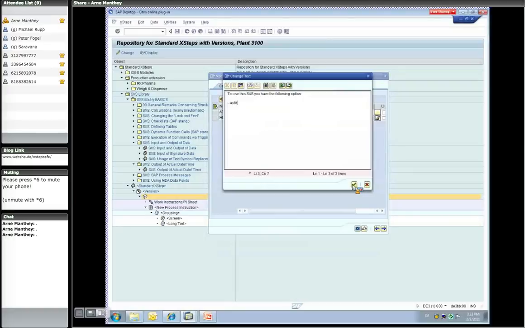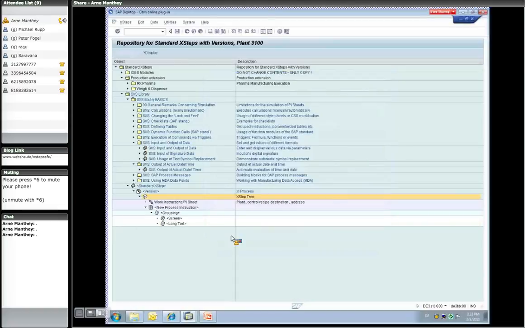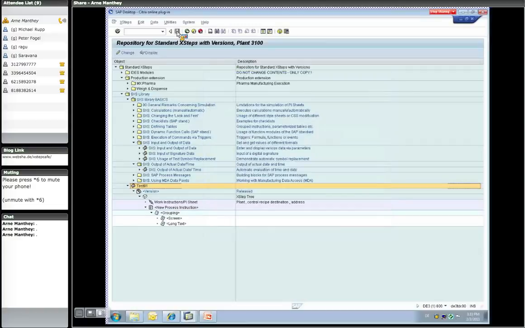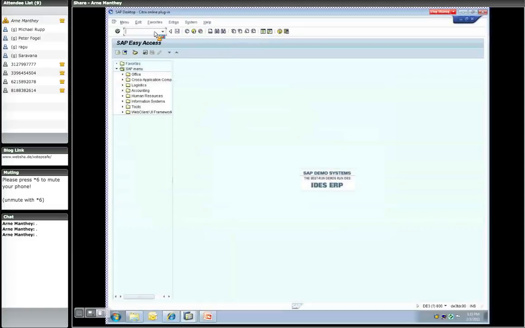So like that, and then I'll release that here. Okay, save that, and I'll just create a new one. Maybe I give it a name here: Tests 1. Save this, and then